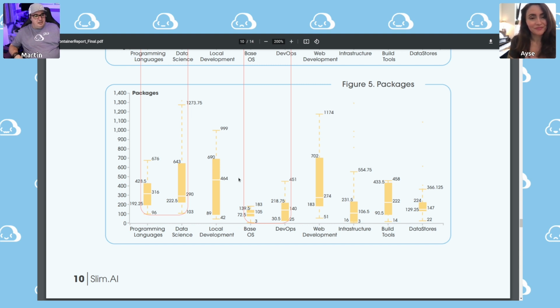Yeah, so there's a couple of things that really leapt out at me when I saw this presentation for the first time. The first is local development. It's interesting that it's labeled local development because these are containers in the 100 most popular containers in production.